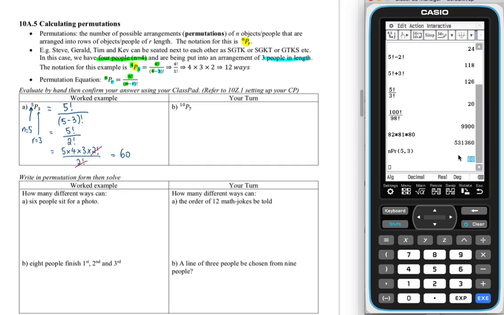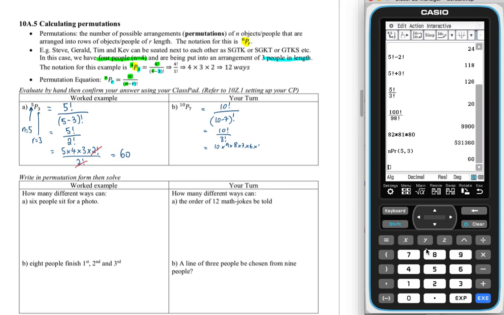The your turn will continue now. So we have 10 factorial over 10 take 7 factorial, which is equal to 10 factorial over 3 factorial, and this one here is going to be 10 times 9 times 8 times 7 times 6 times 5 times 4 times 3 factorial over 3 factorial. I can't blame you if you just assess this in your ClassPad right away, but if we multiply them all together,